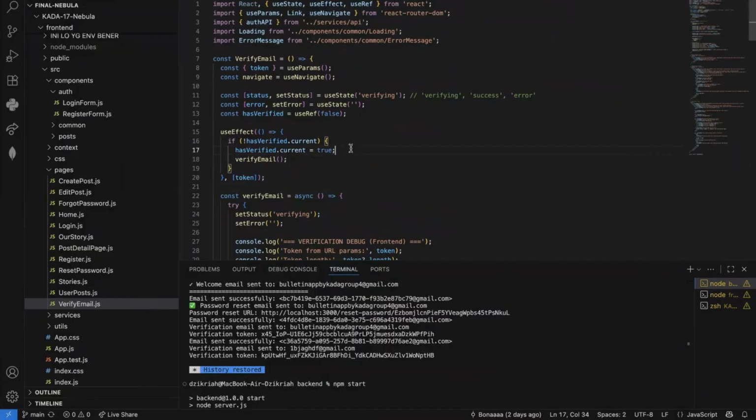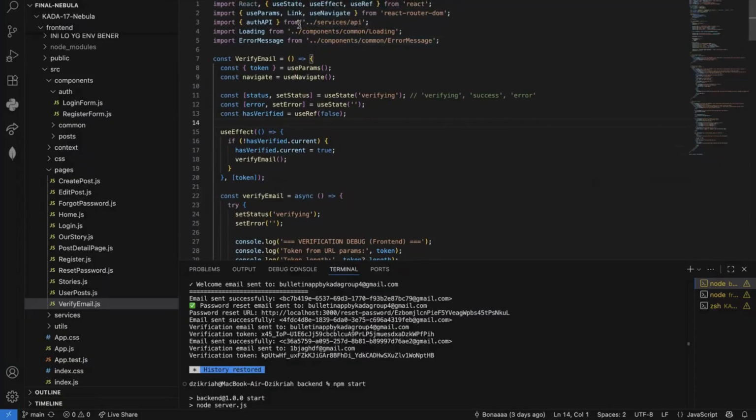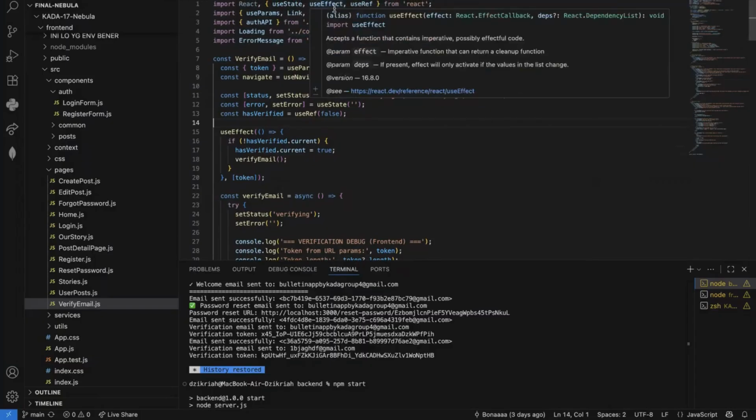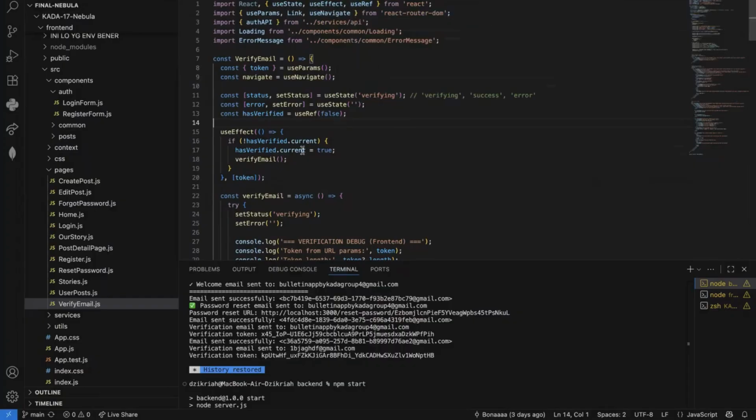their email, which handles three main steps. So here I use useState, also useEffect, and useRef. The useState is to manage the component status and error, and then useEffect is to trigger email verification when the page loads, and useRef is to prevent multiple API calls.